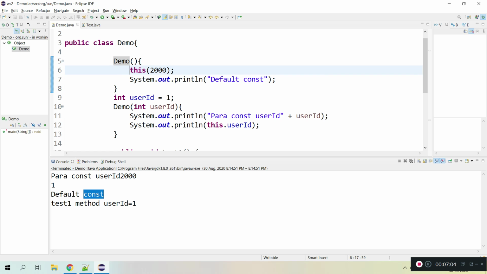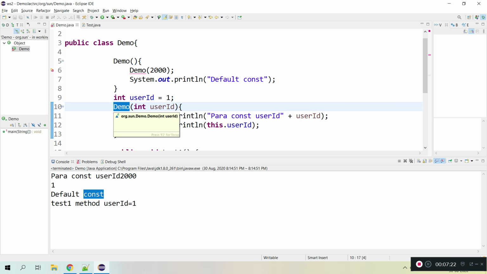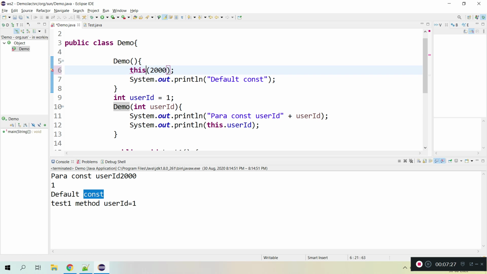Without using the this keyword, we cannot call other constructors. Let me ask something like this: can we use the class name to call other constructors? No, it's not possible. Java doesn't allow calling other constructors using the class name. Even though the constructor represents the same class name, the only way to call another constructor is using the this keyword. Other than this, we cannot call a constructor.